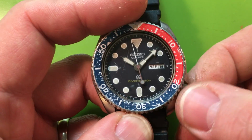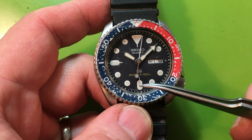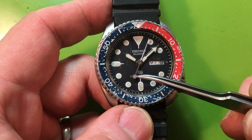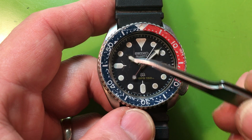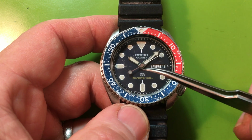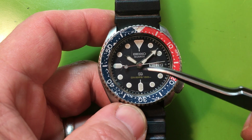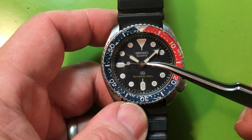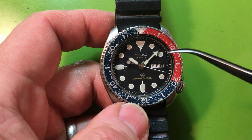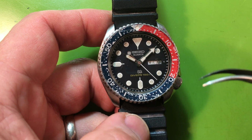Also, this watch has had some interesting work done. This handset, you see how this lume is grayed out and this lume is grayed out here? This handset, the hour and the minute hands have been replaced. This is an SKX handset. Doesn't mean anything one way or the other. If you're happy with them, they're fine. They're subtly different. If this were my watch, to talk about the things that you're talking about,